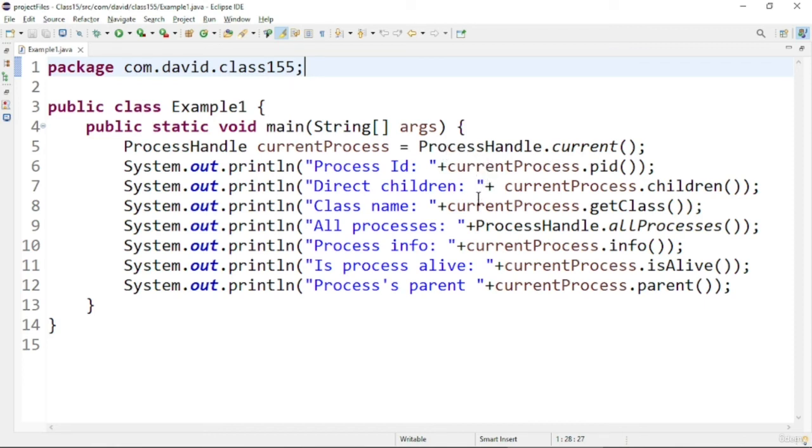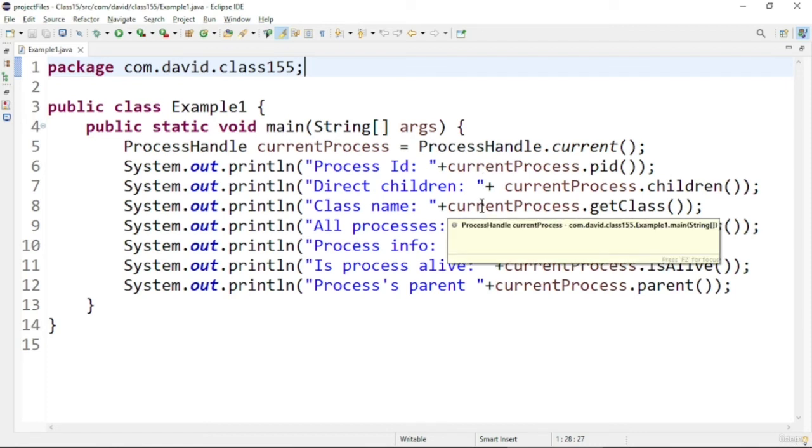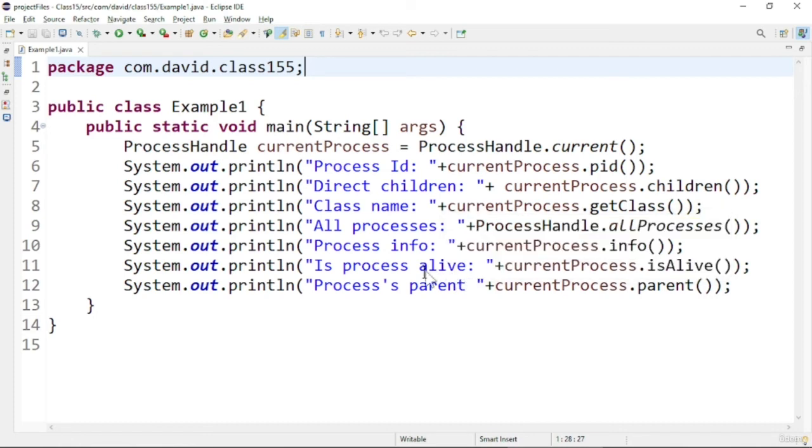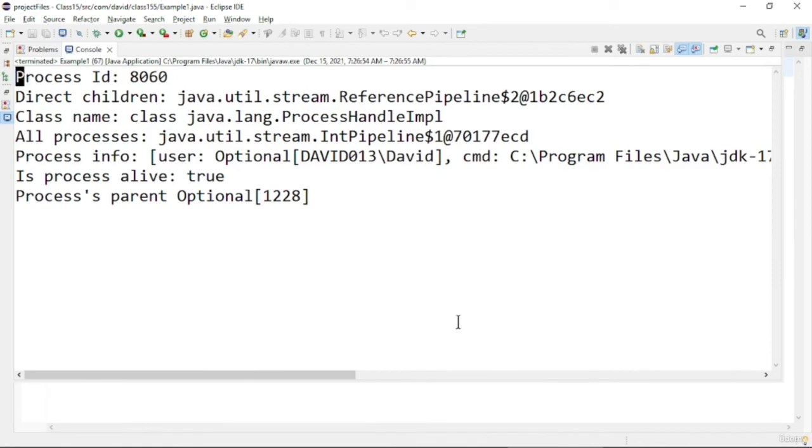You can take some time to check out all these methods which are present in the process API. There are several methods. Using these methods we can get all the details about a process in Java, and you can see I am printing all the details one by one, line by line. Now let us see the output of this program. Here you can see all the details of the current process coming one by one, the process ID, everything is getting printed, and you can see all the values.